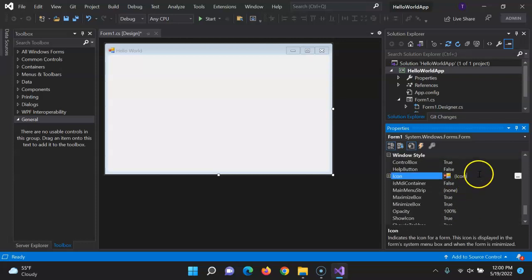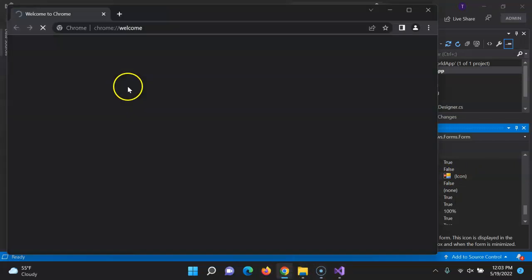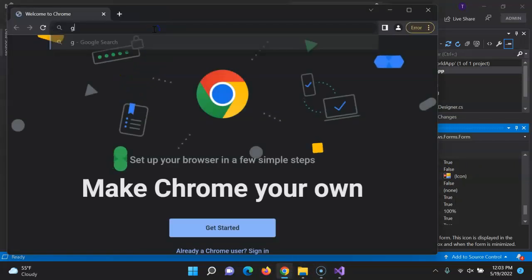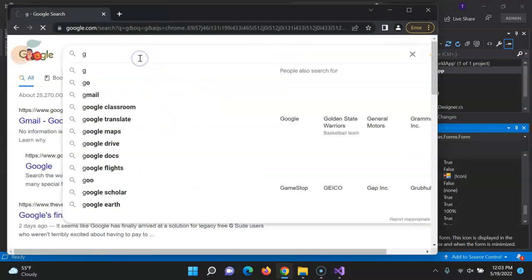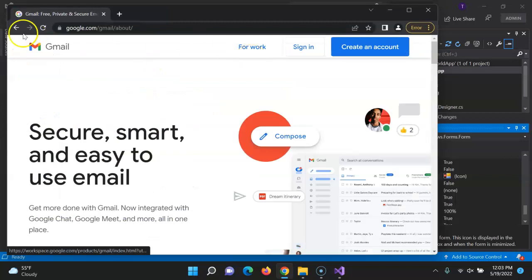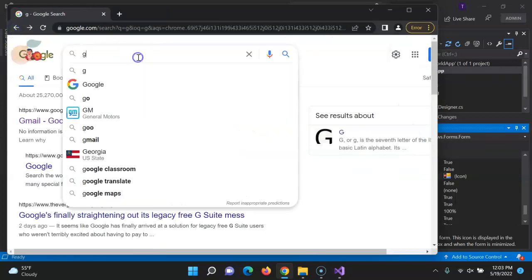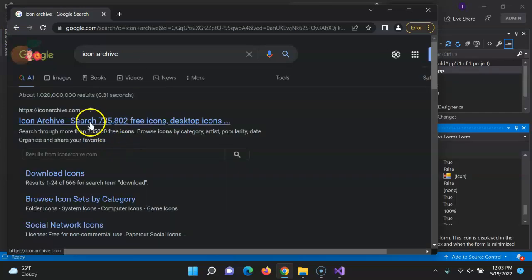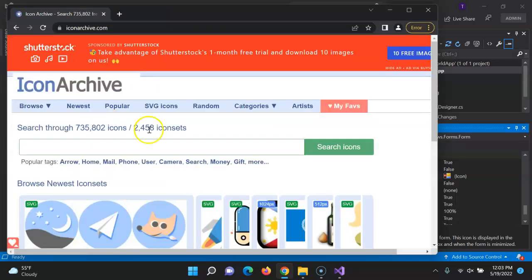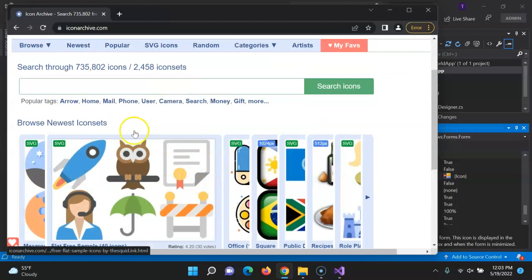So also we can change the icon. I can change the icon of the form. See this icon? I'm gonna change it now. If I go to Google, I'm gonna Google icon archive. Oops, sorry, I don't know what happened. Icon archive, I click here. I go to this one. There is this website for icon archives. For example,